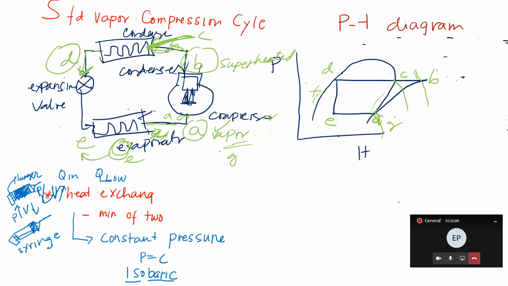So, G, no? Kaya meron ka diyang VG, SG, HG, no? Gas. Saturated gas or vapor. A. Paglabas niya, lampas siya doon sa fluid, no? Kasi ito ay region ng, anong region to? Super heat. So, from superheat, class, babalik siya para maging saturated. Di ba? Vapor. Vapor. G. Yan, no? Ano nangyari dito from B to C? Ano nangyari sa process